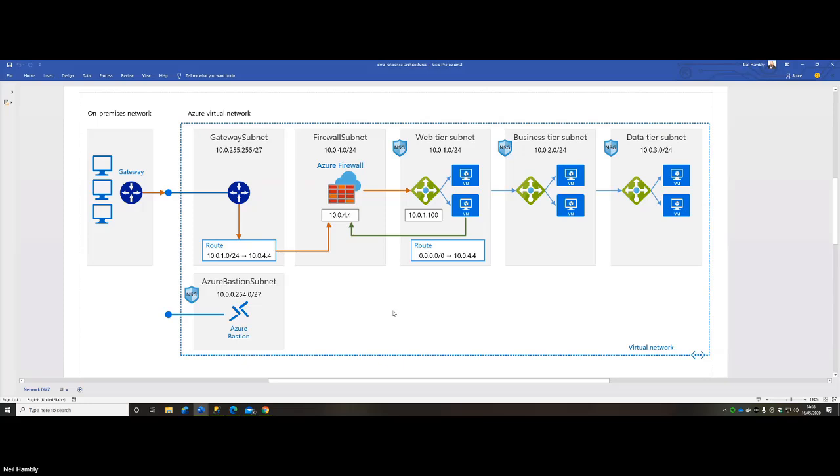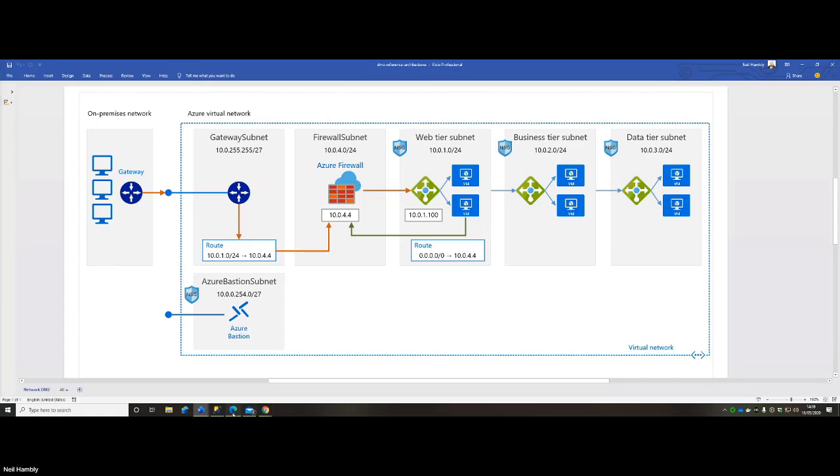These essentially cleanse what can go from one tier to the next. For example, a subnet will go to maybe our web tier, and then also to our business tier subnet. But the information from the web tier subnet will only be able to go to the business tier subnet, or saying it differently, the business tier subnet only allows traffic from the web tier subnet. And the data tier subnet, maybe the VMs with our information, our IaaS with SQL, is only allowing traffic from the business tier, etc. So we're building these perimeters and joints so we can get the data to go to these different hubs.